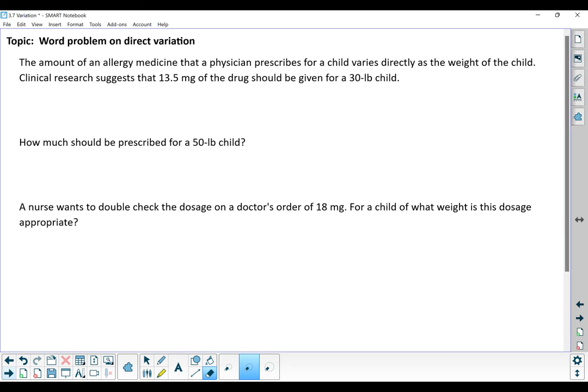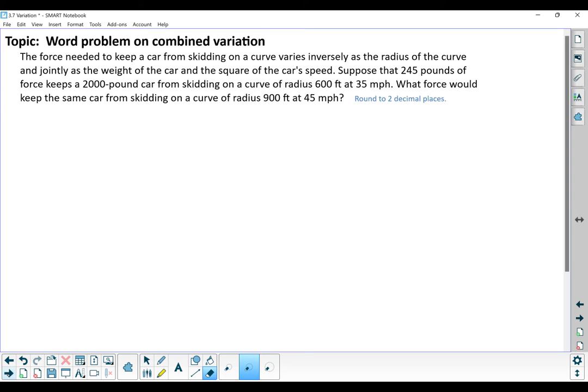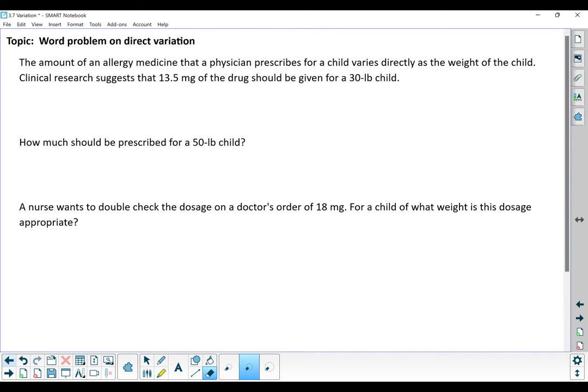So there are three topics in here. The first one is called word problem on direct variation. Then there's word problem on inverse variation, and then the third topic is word problem on combined variation. Okay, so for direct variation, our first one: the amount of allergy medicine that a physician